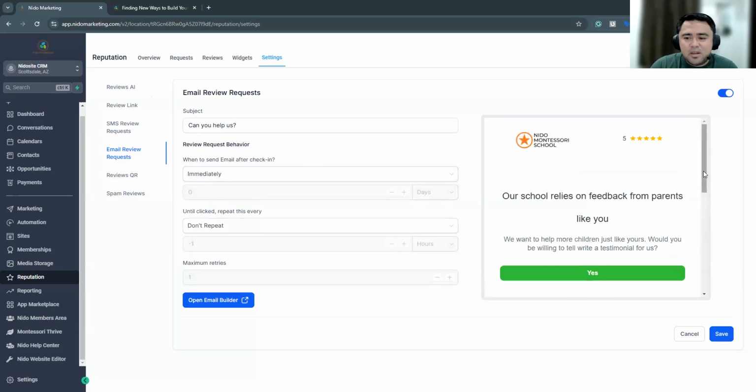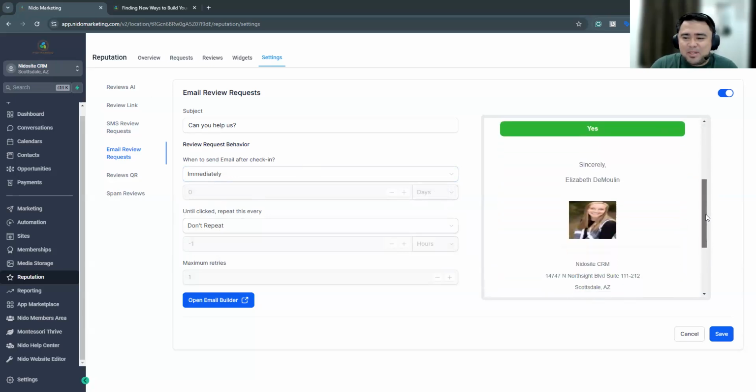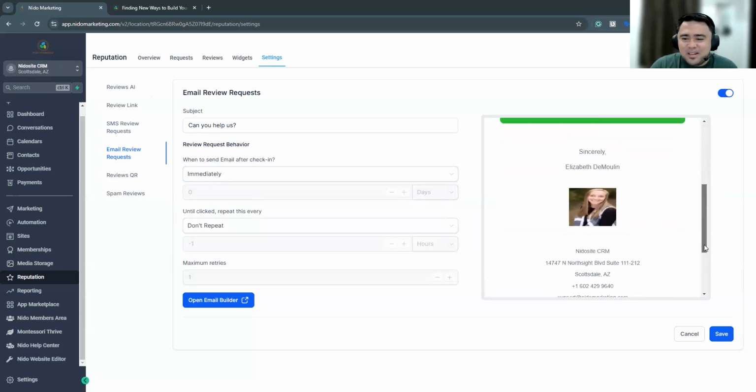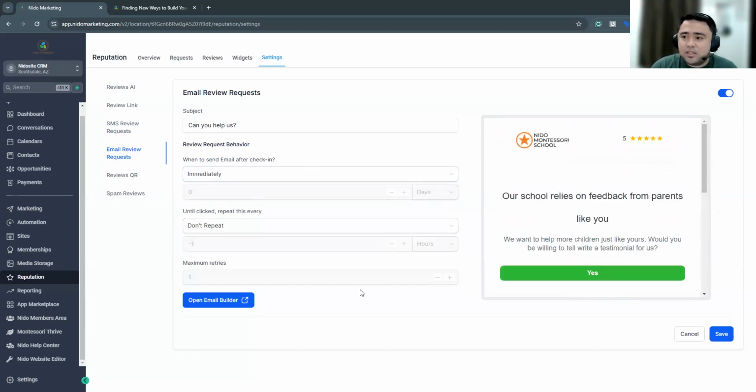So here, for example, you have Elizabeth's photo here and signature, but you can modify that yourself. And also you have a button here for the email builder. So if you want to send it through email, just like how Mercedes showed it earlier, you can use the email builder. And once you have set up everything here,